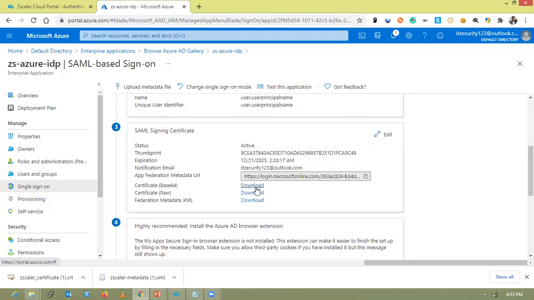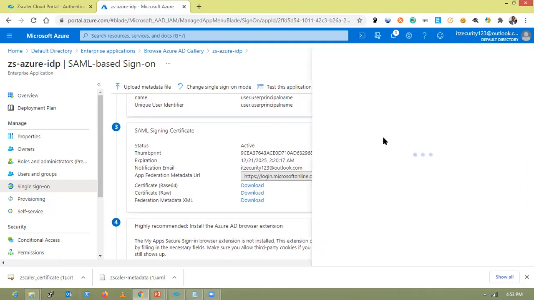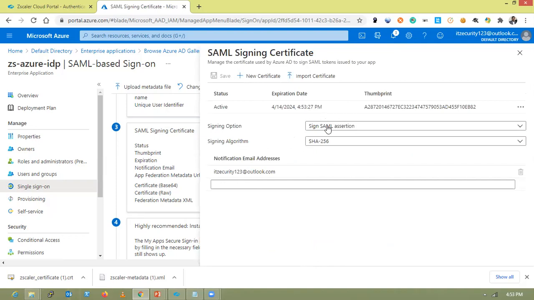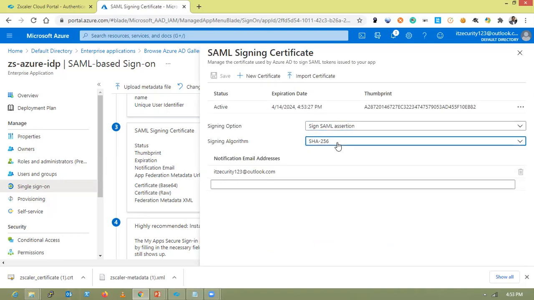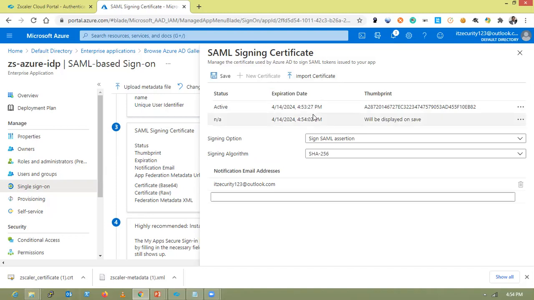You can either download from here or you can edit this one and create a new certificate. This is for SAML assertion only, and SHA-256 or SHA-1 you can choose, and you can download it. So I'm just giving a new certificate and choosing sign SAML assertion and SHA-256 and click save.